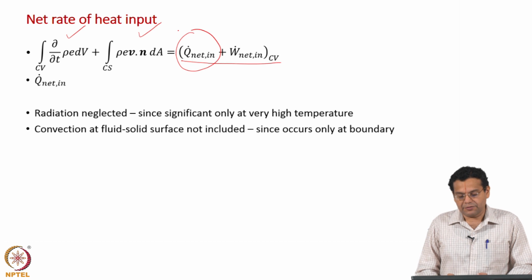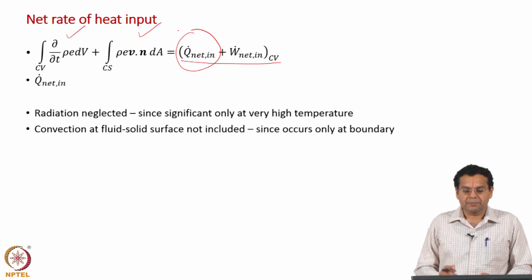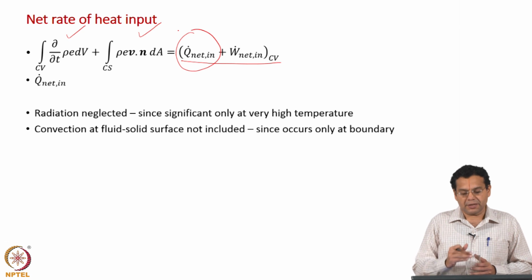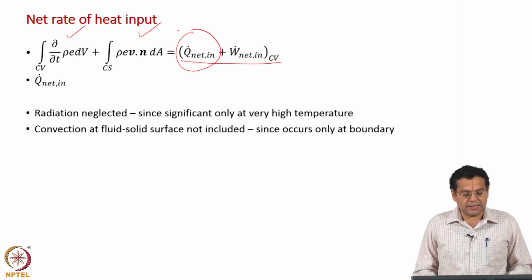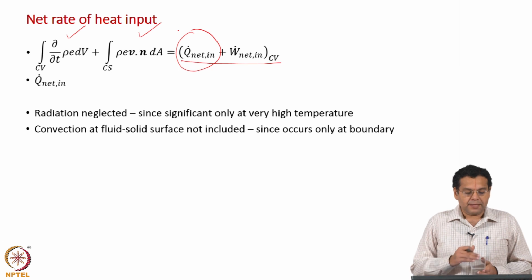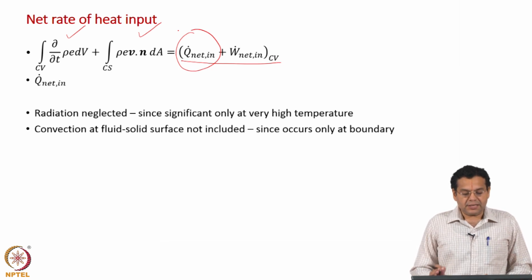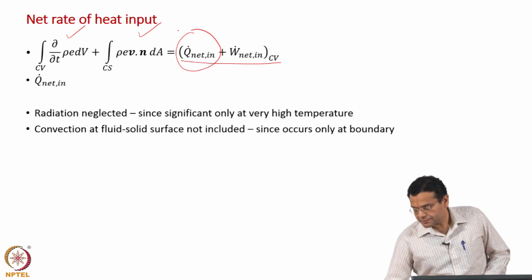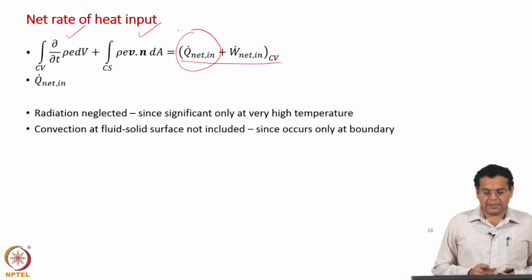Remember, we had differential equations, we discussed boundary conditions. So, when we solve the energy balance equation, these convection terms appear as boundary conditions. We may not come across an example in this course with such a boundary condition, but in your heat transfer course you will come across a case where the differential energy balance equation is solved using the convective heat transfer as a boundary condition. So, radiation is not included because we are not considering very high temperature.